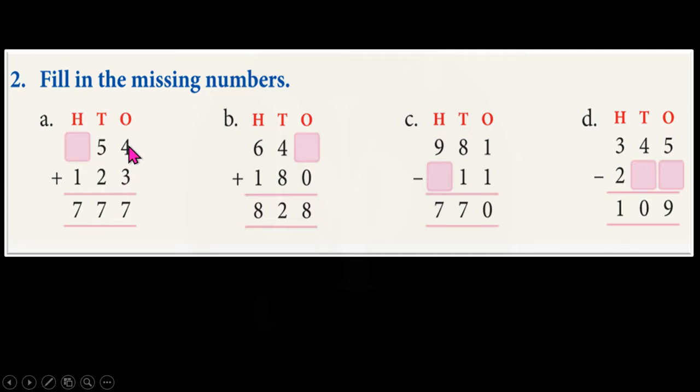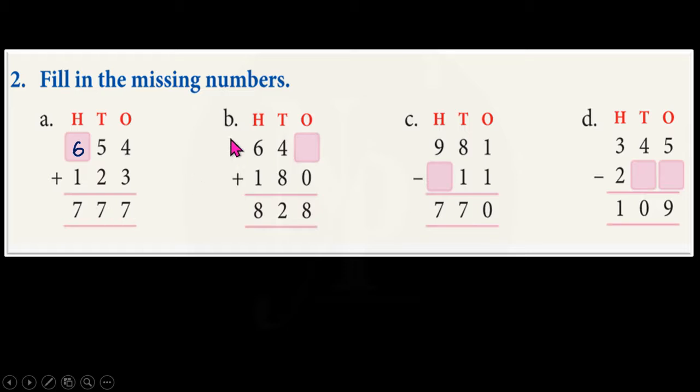Look at these digits here. So on adding 4 and 3 we get 7, isn't it? 4 plus 3 is 7. In the tens column we have 5 plus 2 is 7. So here we have 1. We should write a digit here. On adding 1 to it, we should get 7 as a sum. Which is that digit? Yes, we should write 6 here, because on adding 6 and 1, we get 7 as sum. Now it will be correct. 6 plus 1 is equal to 7.